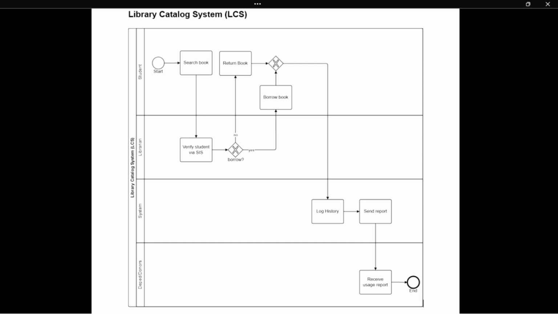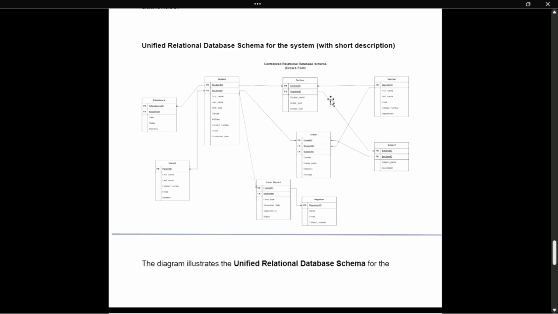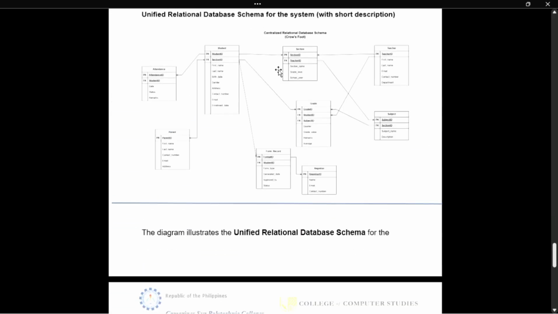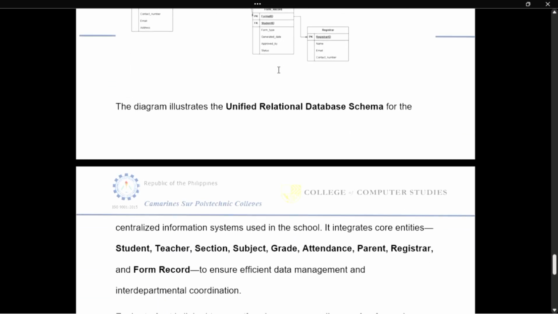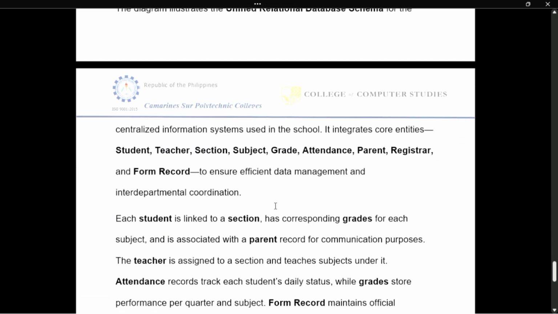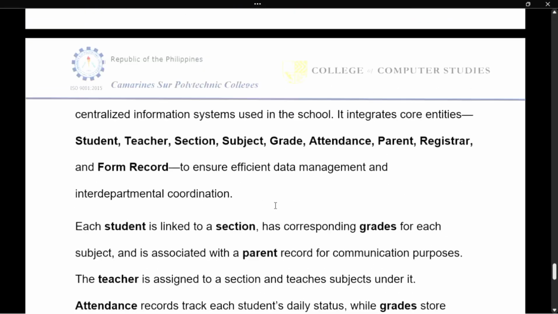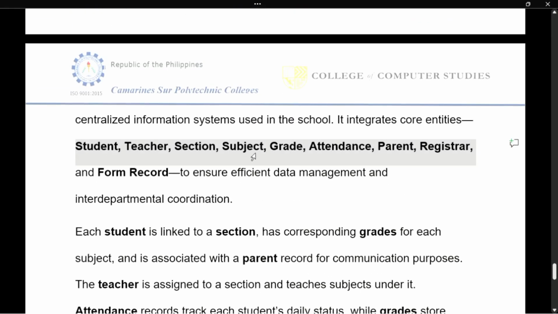When the student returns the book, the transaction is recorded in the system. Unified Relational Database Schema for the system with short description. The diagram illustrates the Unified Relational Database Schema for the centralized information system used in the school. It integrates core entities: student, teacher, section, subject, grade, attendance, parent, registrar, and form record, to ensure efficient data